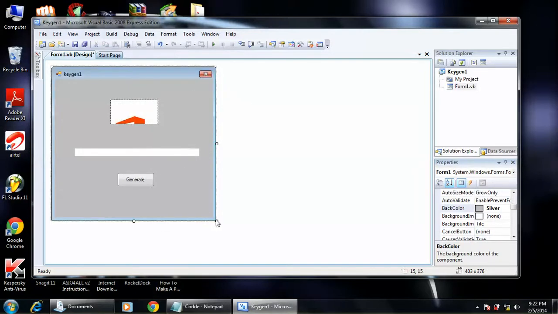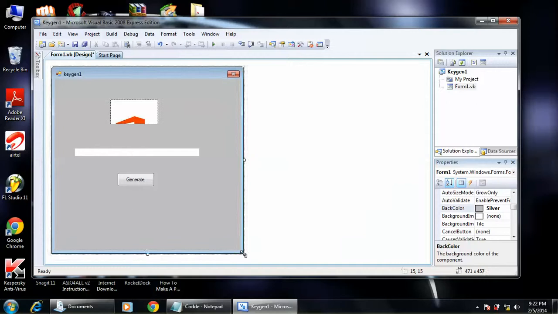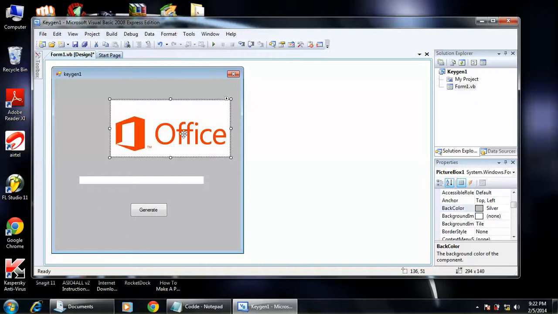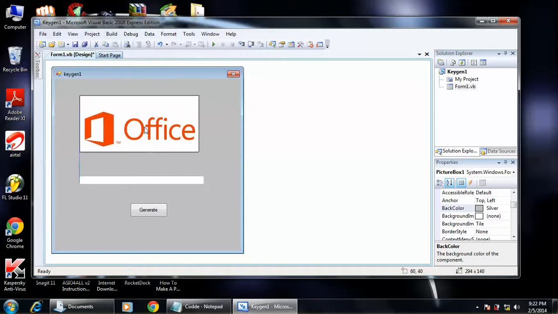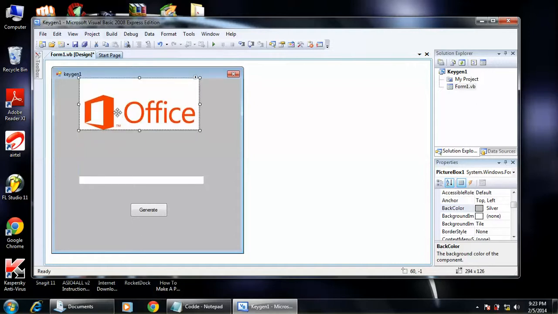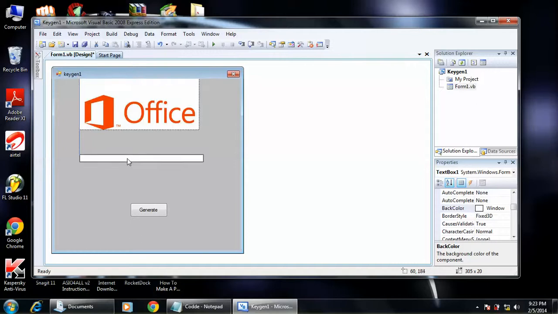I'll resize it so that my Microsoft image becomes bigger and more visible to anybody who's downloading my keygen.